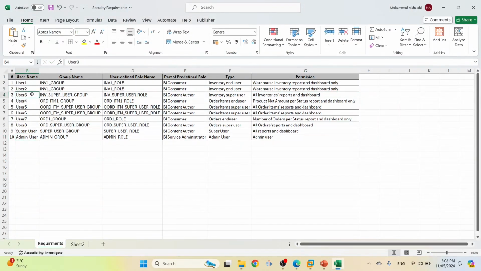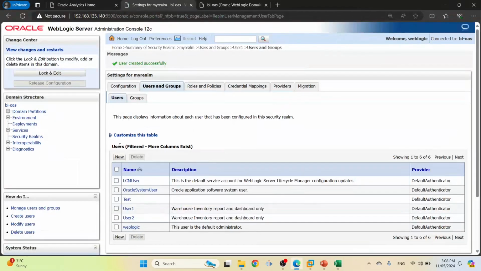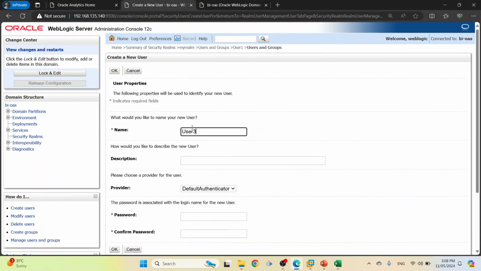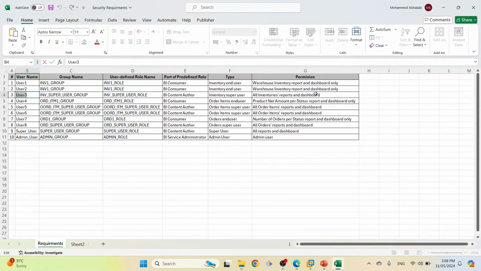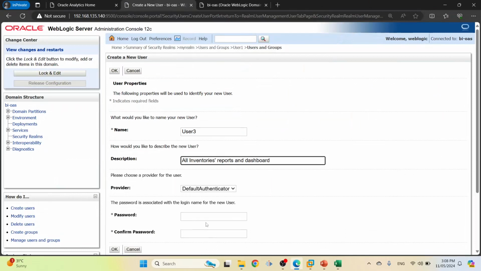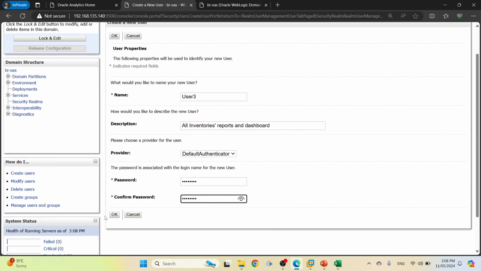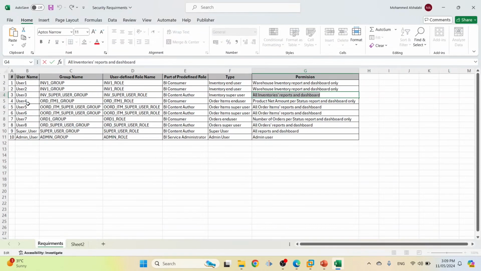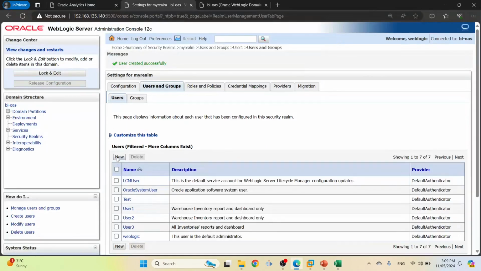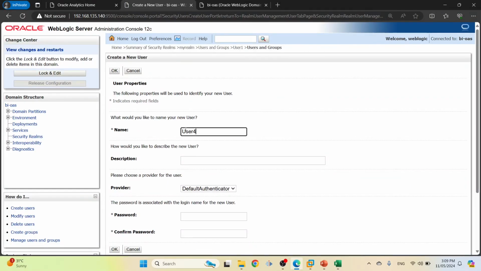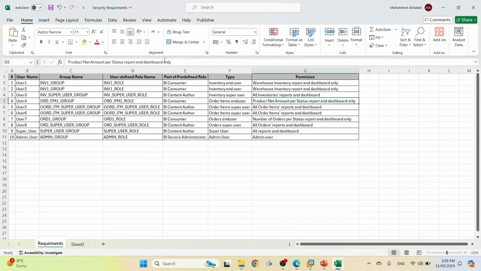Now user 3, a new description, all inventories, reports, and dashboard, password. Okay, user 4, a new description,